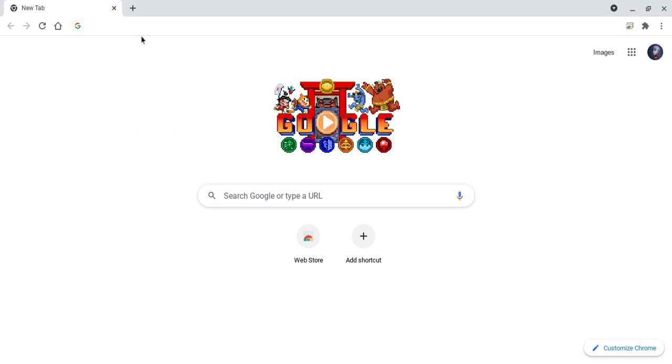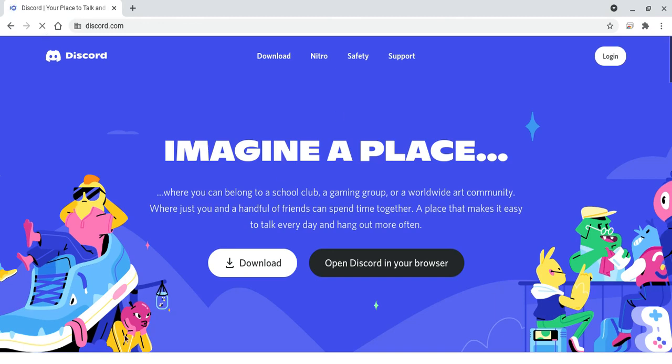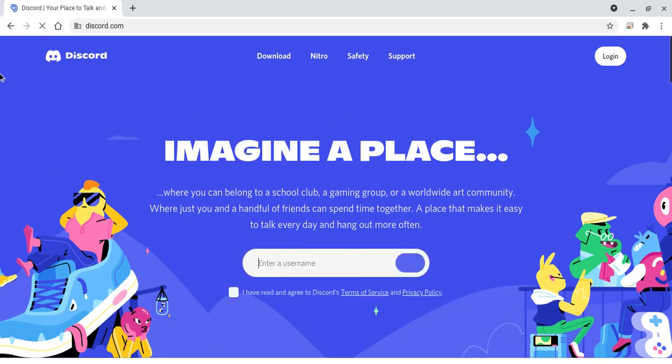In this case, I'm gonna try to unblock Discord. Okay, it's gonna say this site cannot be reached. So then you want to connect your Wi-Fi back on. And then it's gonna load you back into Google search where you can find Discord, and you click on it immediately, and here you go, Discord. You can open Discord in your browser, enter your username,